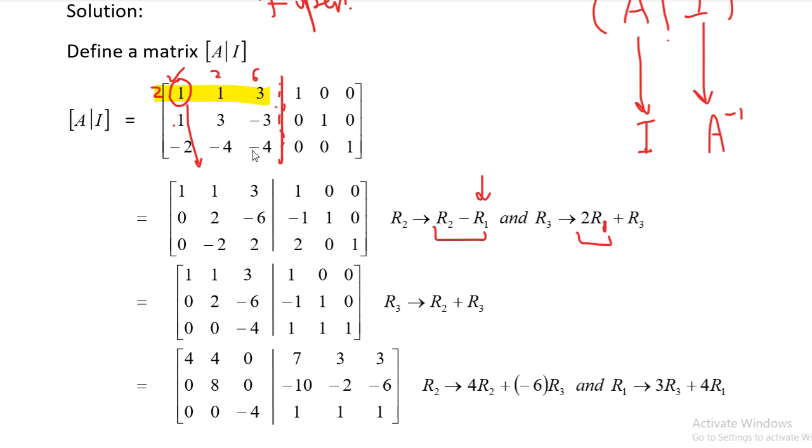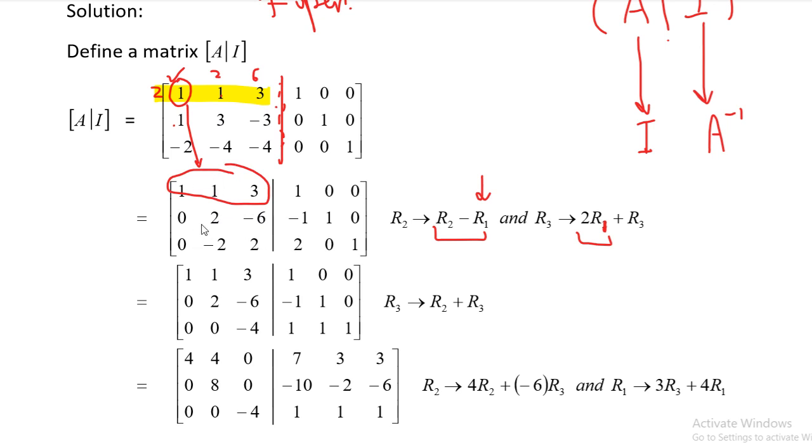Now this will be added here. So you see 2 minus 2 will give you 0. 2 minus 4 gives you minus 2, and 6 minus 4 gives you 2. Okay, so similarly, when you just subtract it from here, 1 minus 1 gives you 0, 3 minus 1 gives you 2, and minus 3 gives you minus 6. First row is not changed. You see 1 1 3 remains 1 1 3. First row will not change, it will remain 1 1 3.